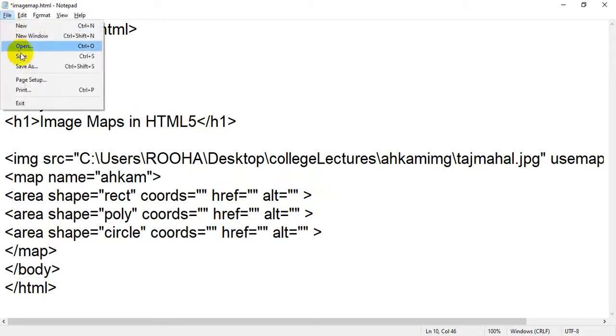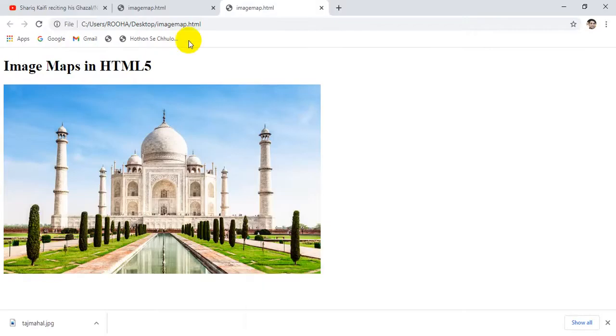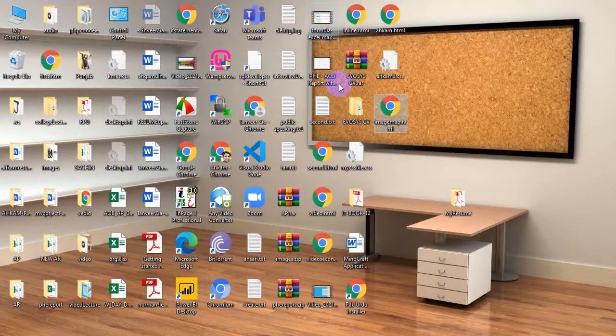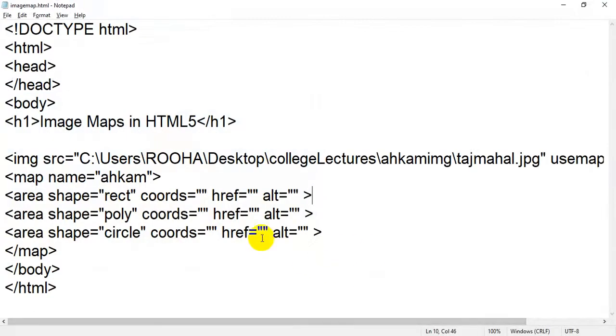so let me save, and again coming back to your page. I'm going to open a pen. Okay, so now this is the page. We have not yet added any hyperlink, but we can add by using this line of code. Means we have to put coords, and how we can add coords we will see in the next lecture. Okay,